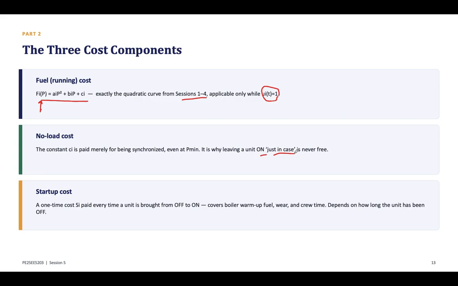Startup cost is different again. It is a transition cost rather than a steady-state cost. It is paid when the unit changes from off to on. Do remember this startup cost comes into the picture only from off to on. It may include warm-up fuel, wear and tear, what we call auxiliary consumption,